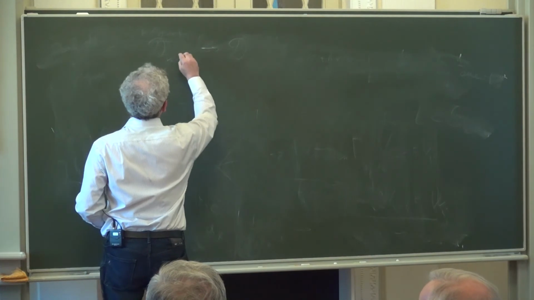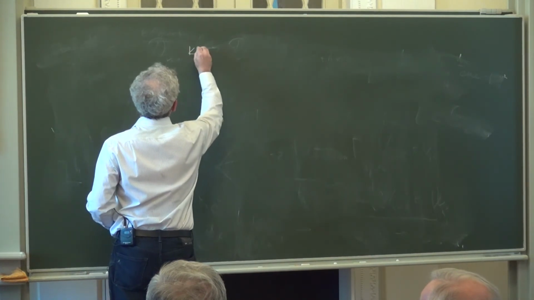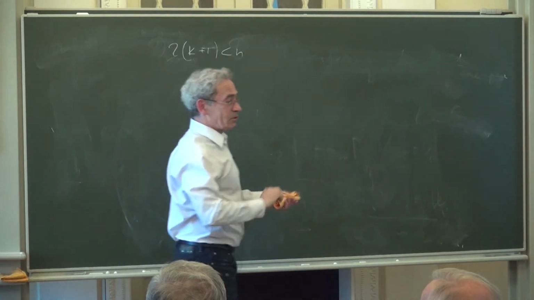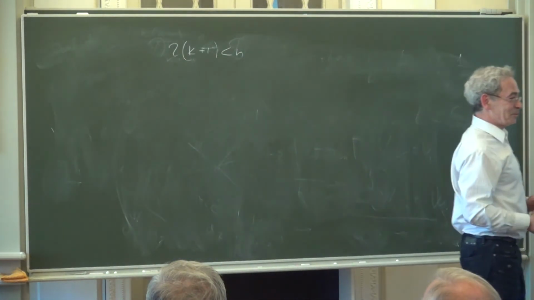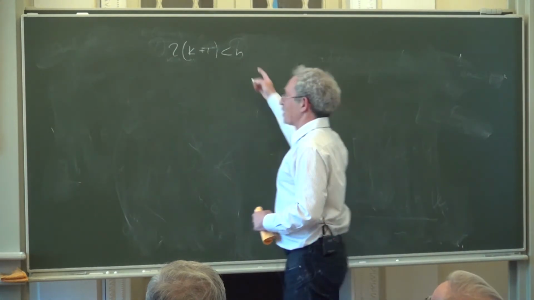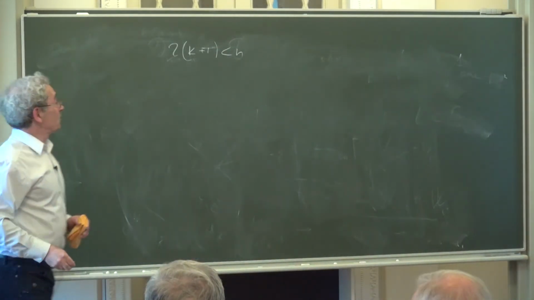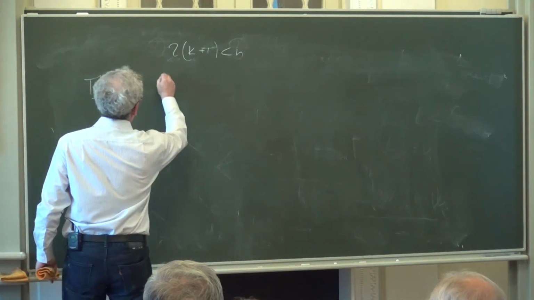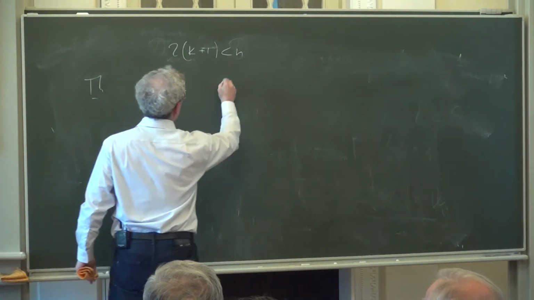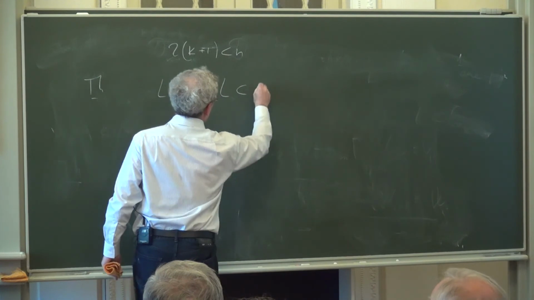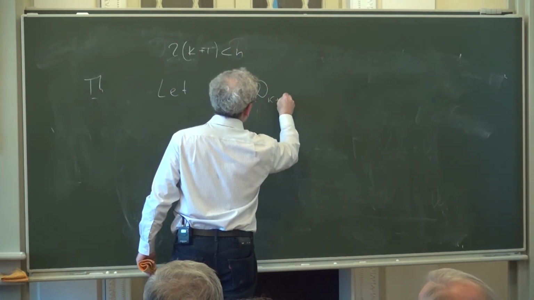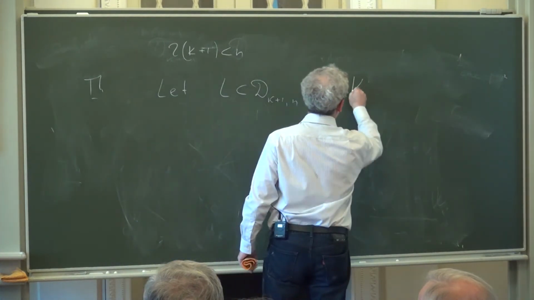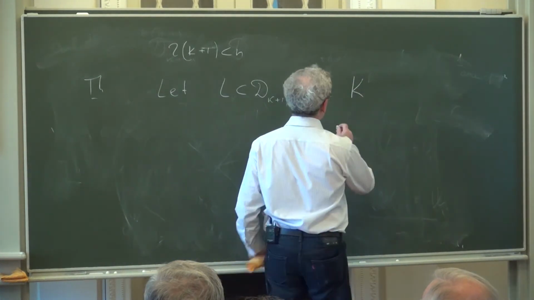Now I'll put the condition that 2k plus 1 is less than n. It's duality, so I'll choose which one, less than half of n. So theorem: let L be a periodic difference operator of order k plus 1, and suppose there exists another operator